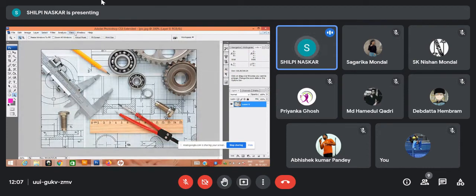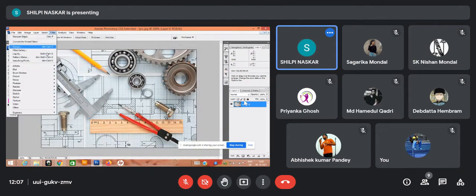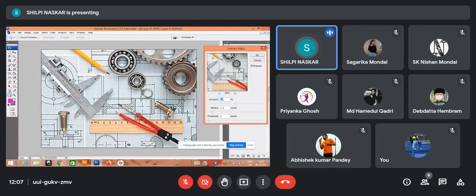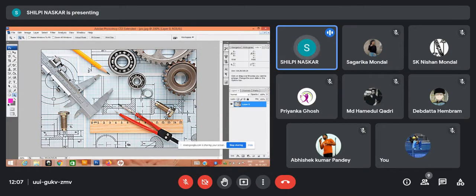Now, while I am increasing the contrast, definitely I am using a filter, because I want to make you understand why. Basically, if you see a visual thing, then you can understand in a better way. That's why I'm doing this. So this is the output, and input was Control Z.